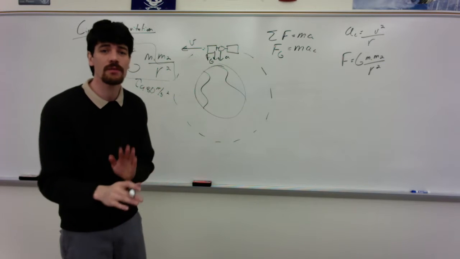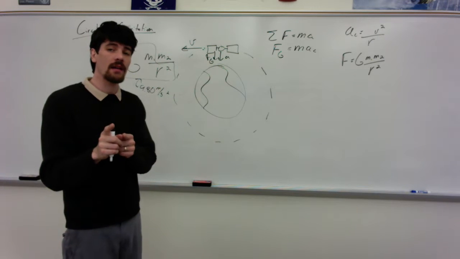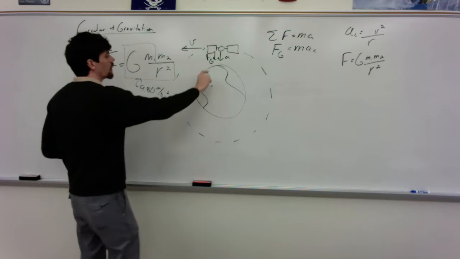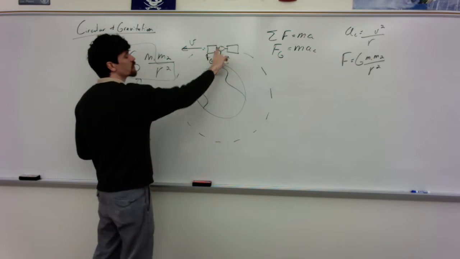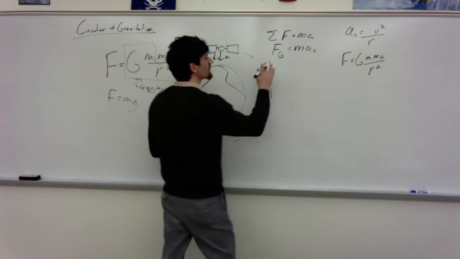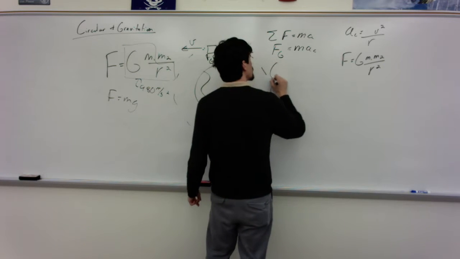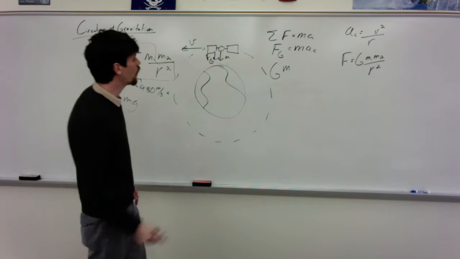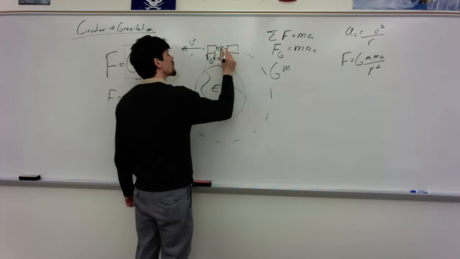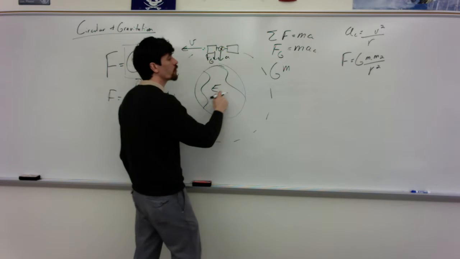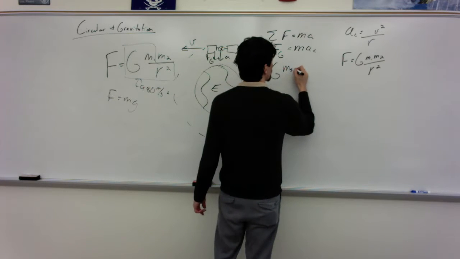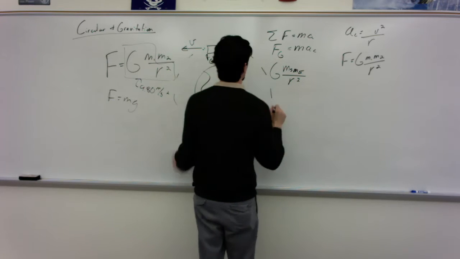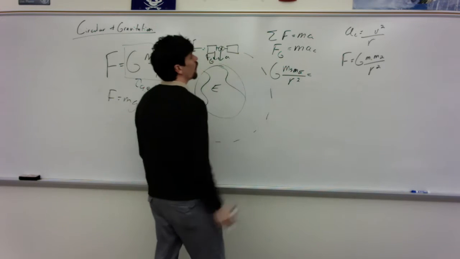It is not mg. The reason for that is because we're not dealing on the surface of Earth, rather we're dealing with some distance out. So that means I can make this. So I get G, M. Now, I've got a bunch of M's now, so let's call this Earth and let's call this S. Okay, S for satellite, E for Earth. So mass satellite, mass of the Earth all over r squared,